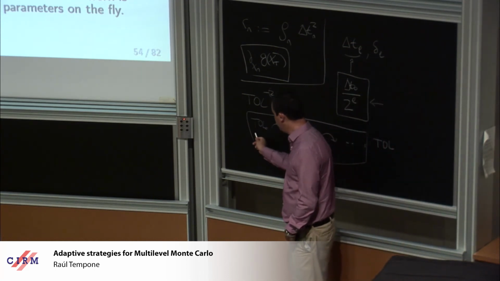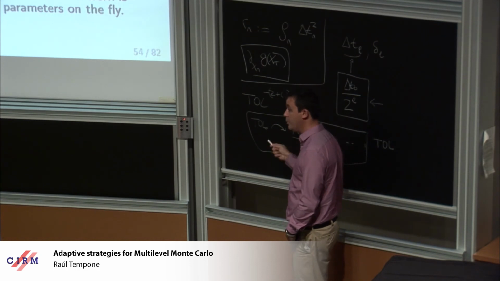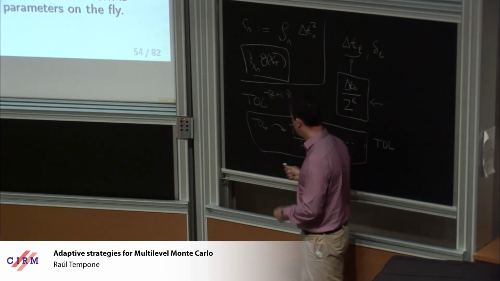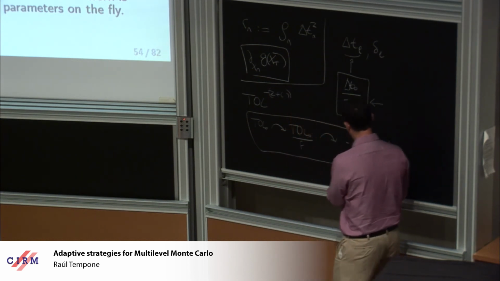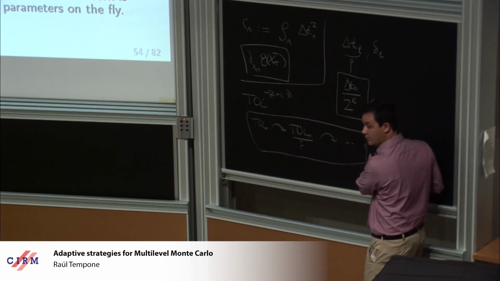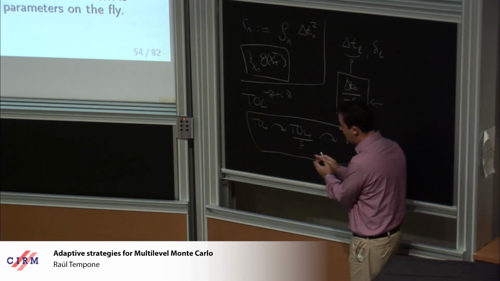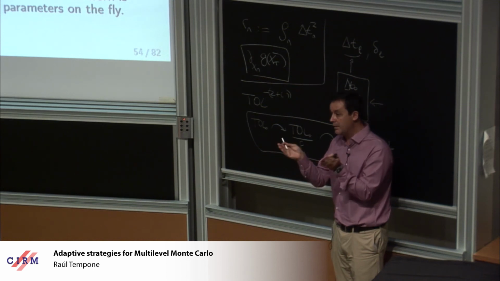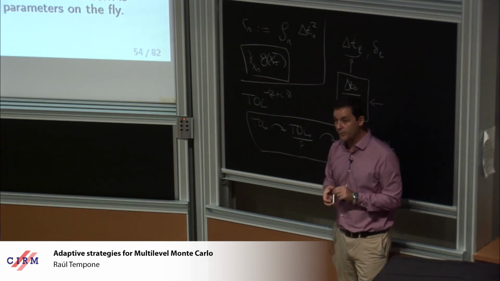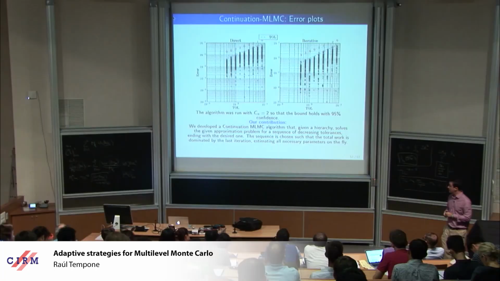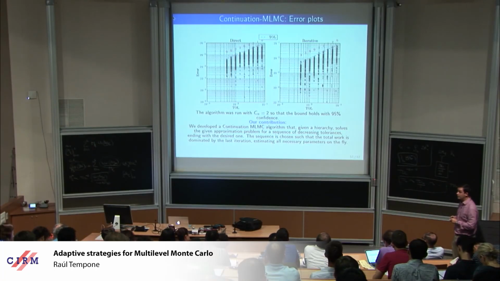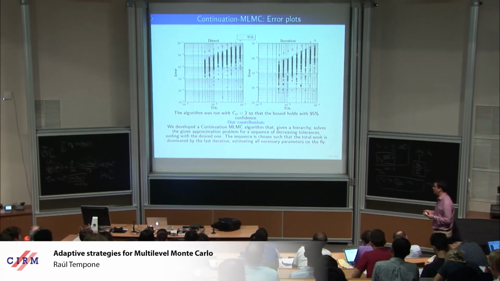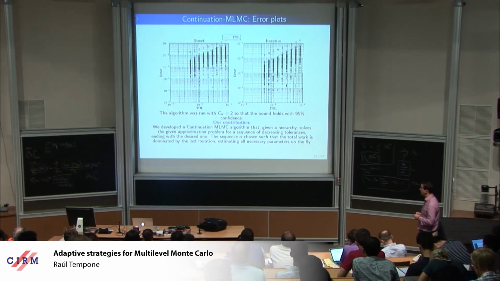And then what happens here? When you start solving these auxiliary problems, you start learning the constants that you need, okay? So by creating these fractions, you do not overshadow the actual work that you want to do optimally, but you start uncovering a veil over the variances that you need and the other things that you may need to find the optimal Ms. That's essentially what is behind the continuation Multilevel Monte Carlo. It's sort of a monotone path with respect to tol type of idea. Not really complicated, but it turns out to work quite nicely.